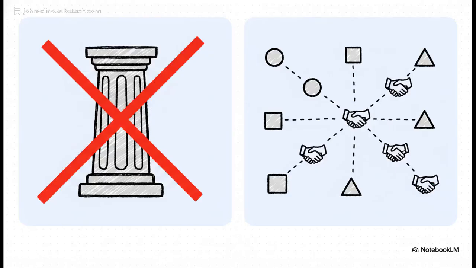All right, moving on to Section 2, coordination, not government, voluntary agreements. We've got to clear up a massive misconception right out of the gate, this myth of some omnipotent global government dictating all the rules. It's just not how it works. The reality is vastly different. These are purely coordination frameworks. They operate strictly through voluntary agreements between member states. There's no global police force, no direct enforcement power. Their entire authority relies exclusively on participation. If nations decide not to play ball, the institution literally has zero power.